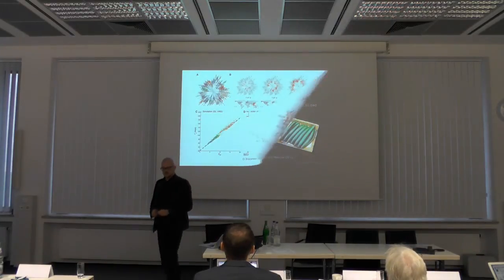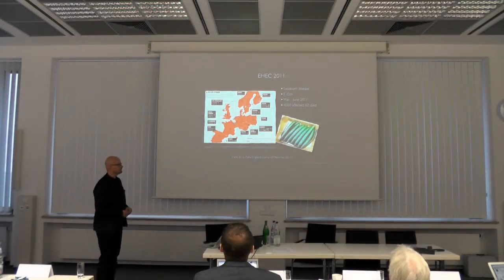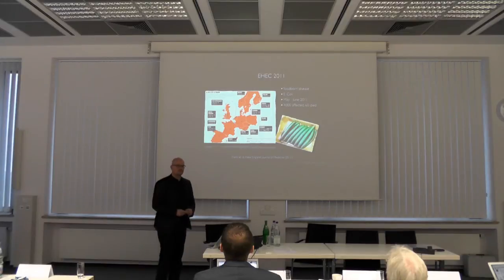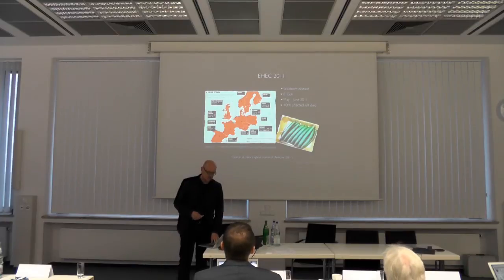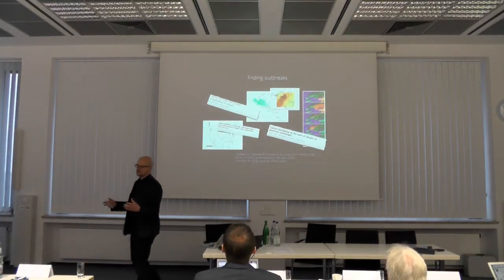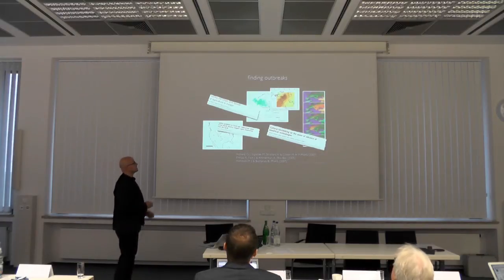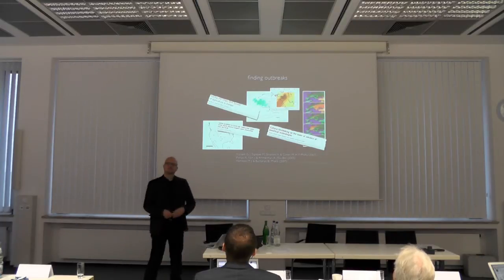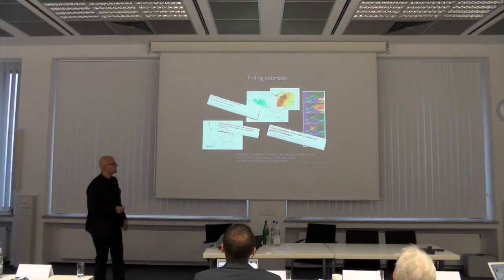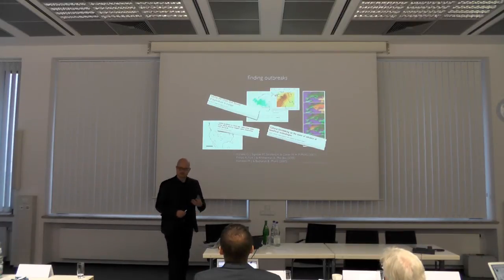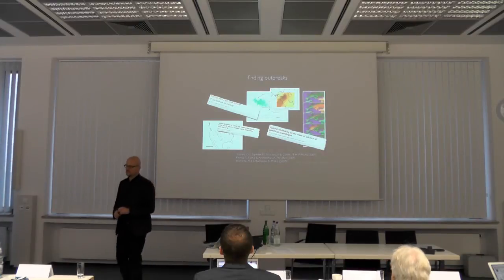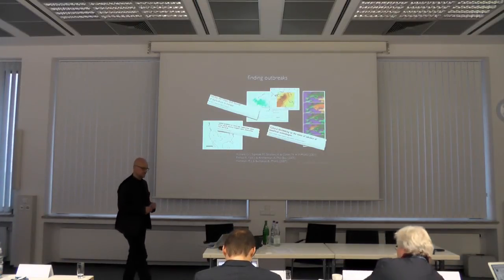Now, I mentioned EHEC earlier, right? This foodborne disease, where we had the problem of actually computing the outbreak origin. And in fact, there are a number of cases where something is spreading and we're trying to reconstruct where this came from. Especially, there are a bunch of papers that were published in recent years about cultural invasion processes, farming, how it invaded Europe, or how people started migrating into the Americas. Where does this come from? So there are lots of scenarios where we have a complicated spreading phenomenon. We're trying to find the origin.